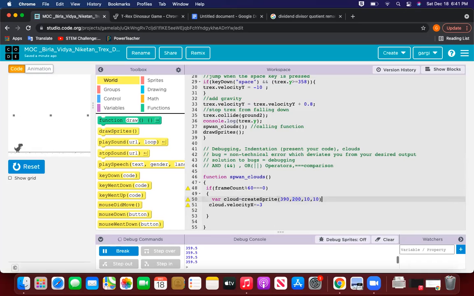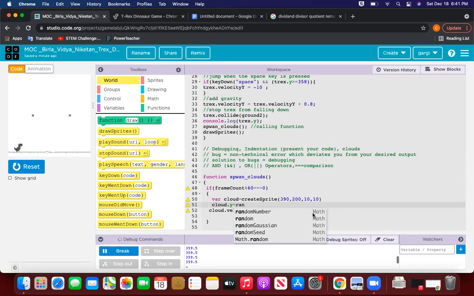So 200 is the minimum, and let's say 340 is the maximum I want. That is happening only for the Y component. So I can say cloud dot Y is nothing but a random number. In code.org, you pick a random number, and it will ask you for the minimum and maximum. Minimum, I can say 200. Maximum, I want to say 340. Then reset, run. So this is my T-Rex. My first cloud is at 332, then 336, then 332, 392, likewise. Randomly, my Y position is located.